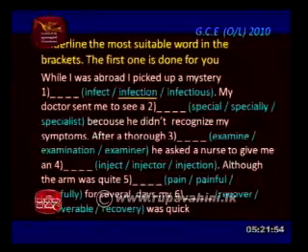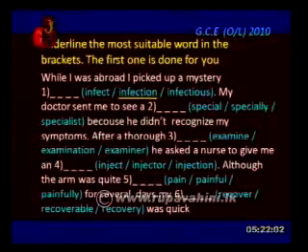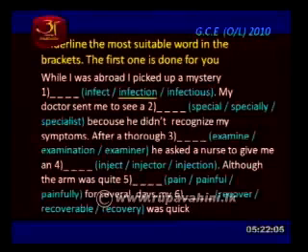While I was abroad, I picked up a mystery infection. My doctor sent me to see a specialist because he didn't recognize my symptoms. After a thorough examination, he asked a nurse to give me an injection. Although the arm was quite painful for several days, my recovery was quick. Right. When you get such a passage, children, you try to read it quickly several times, about 2 times at least, and then you try to fill,